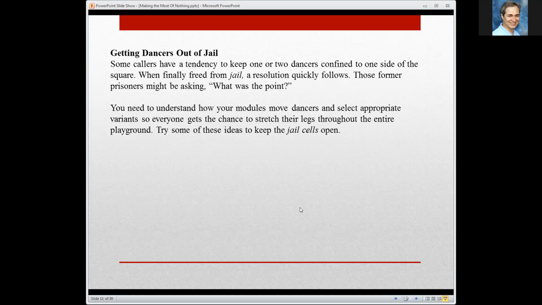So, getting dancers out of jail. Well, some callers have a tendency to keep one or two dancers confined to one side of the square. Basically, when they finally let them out of that jail, they do a resolution, and then the dancers might be asking, what's the point? I've experienced this a lot when I'm dancing Advanced to certain callers, and I'm stuck over